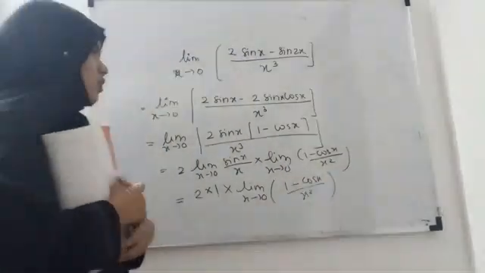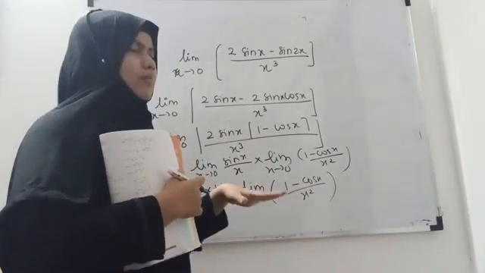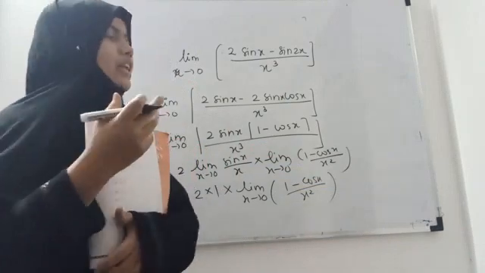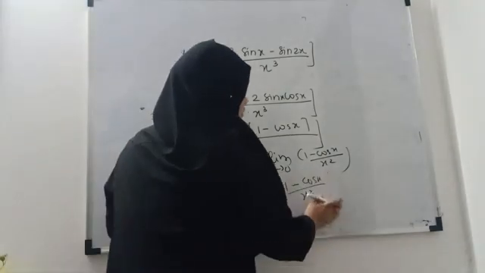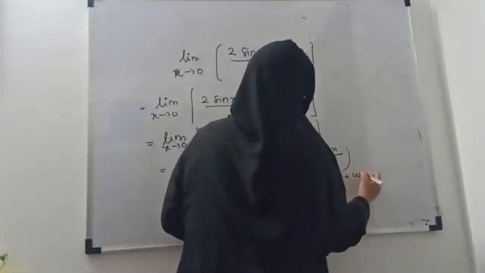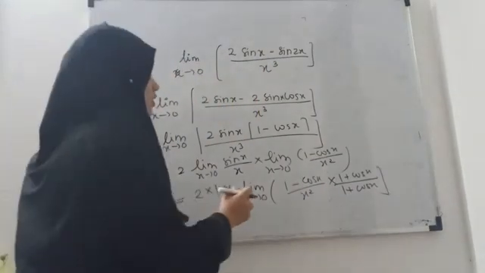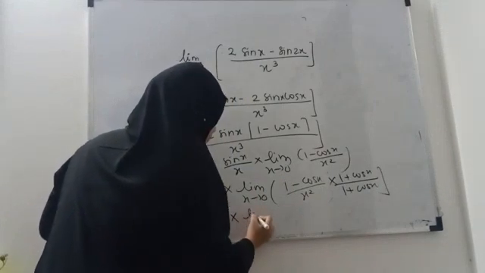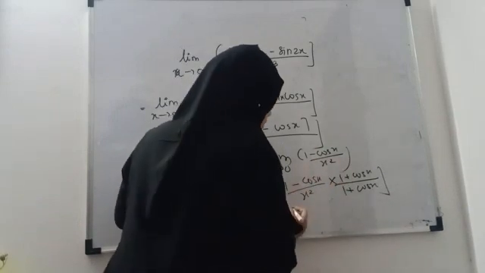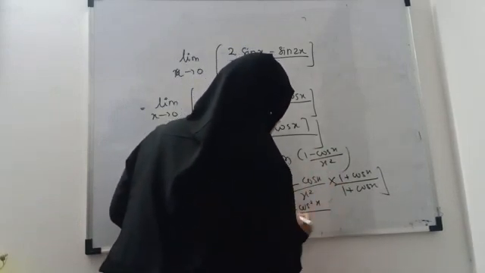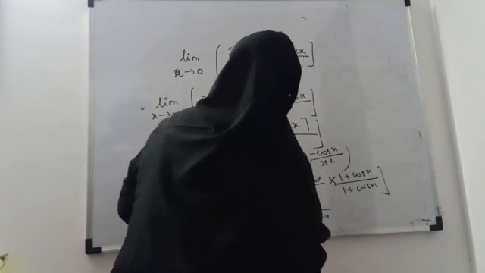Now here we cannot use any formula further. Therefore, what we will do, we have 1 minus cos x. If you multiply it by 1 plus cos x, then we will get the term 1 minus cos square x. That is, it will become sin square x, right? So we will multiply and divide by 1 plus cos x. Now here, this is 2 into limit x tends to 0. Clearly it is 1 minus cos x and 1 plus cos x, that is 1 minus cos square x, and in the denominator it is x square into 1 plus cos x. Yes?